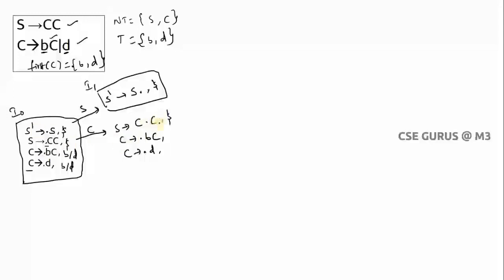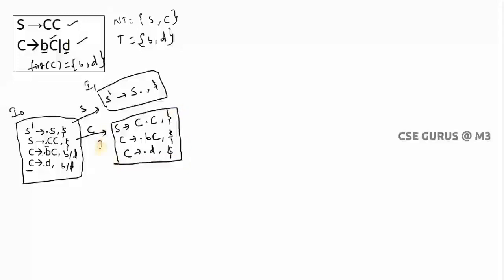What is there after dot C? Nothing. So whatever symbol you have here, that itself is the lookahead, no? So that I have to write here. Here also for C. You can see here, after dot C you have a symbol, that's why you find first of C. But here after dot C what do you have? Nothing, no symbol. So whatever the lookahead is, that same I have to write for this also. So remember this part carefully.